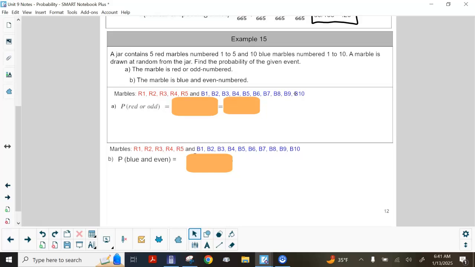So as long as I can see that there are so many reds, and we already indicated there are 5 of those, or they could be odd numbered, which means I can include the ones over there in the blue side, but only the ones that are odd. So as long as I'm looking at those, there should be 5 of those as well. And if I did this in the correct manner,